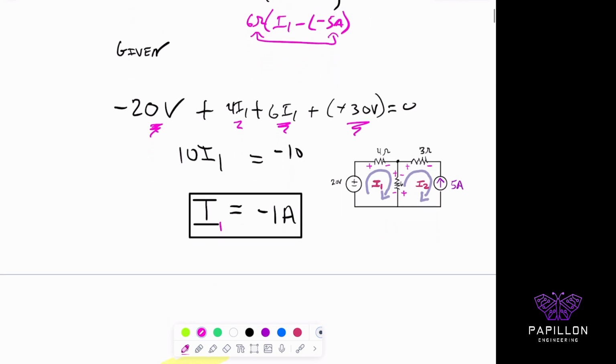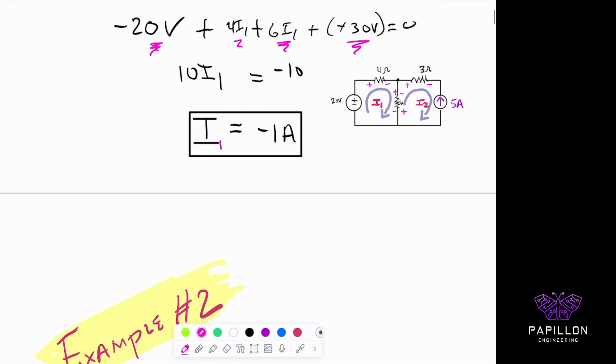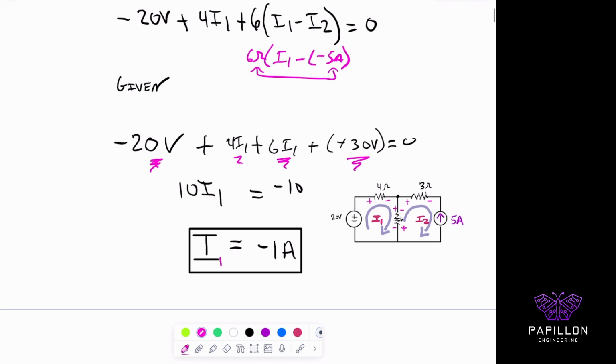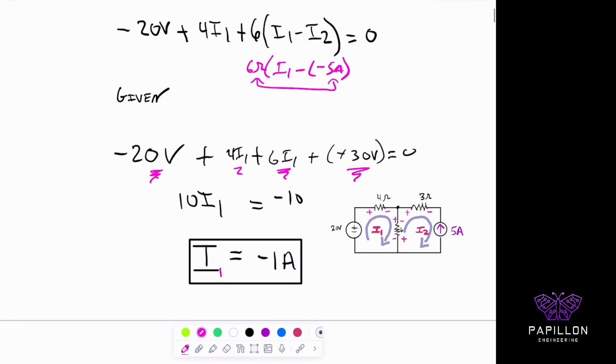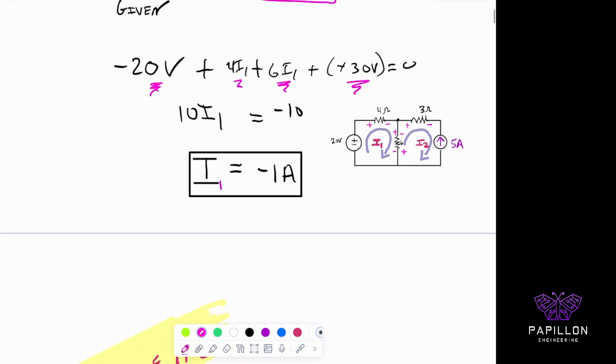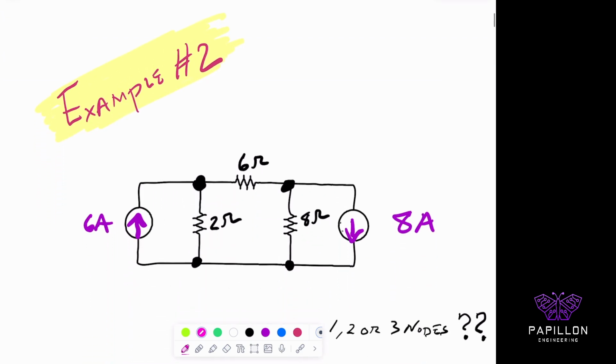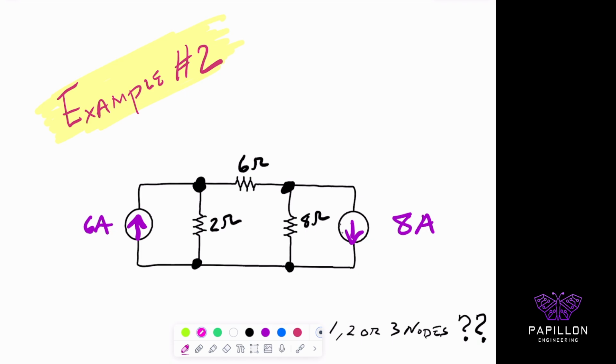Okay, that's really important. I'll get back to you to show you more detail on how to solve for the 6 ohm, but it will simply be the -1 amp minus the 5 amps, which gives us the current going through the 6 ohm resistor. I'll show you that when we get to more challenging problems later, and hopefully it becomes second nature. So if we look at this problem over here, our second example problem,